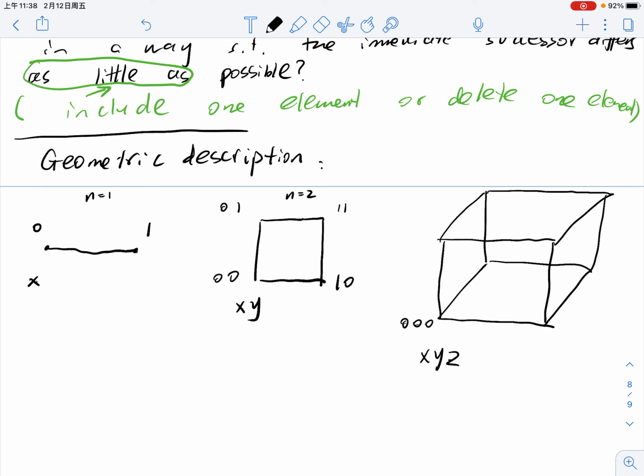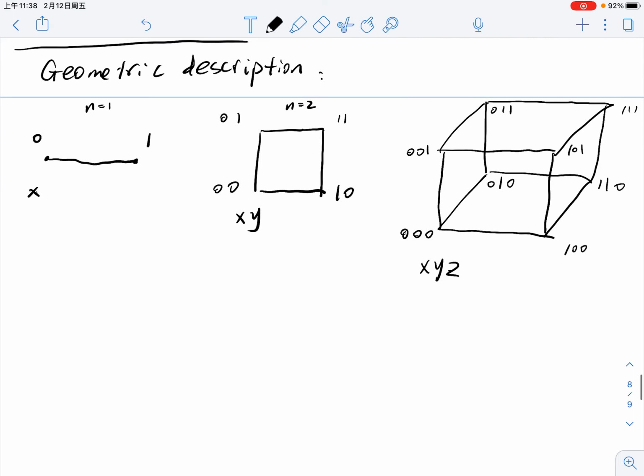This is 0, 0, 0, this is 1, 0, 0, 1, 1, 0, 0, 1, 0, and 0, 0, 1, 1, 0, 1, 1, 1, 1, 0, 1, 1. Okay, and we connect an edge because these two vertices differ by adding or deleting one element. Okay, so here